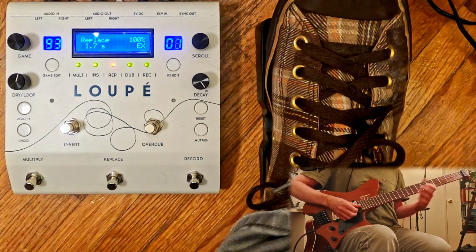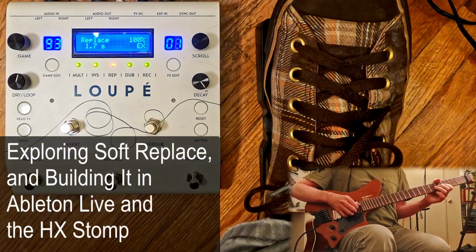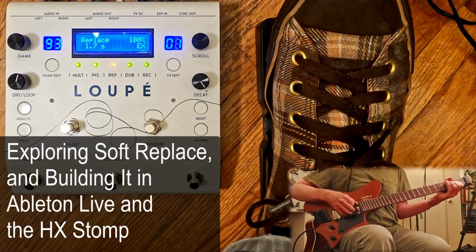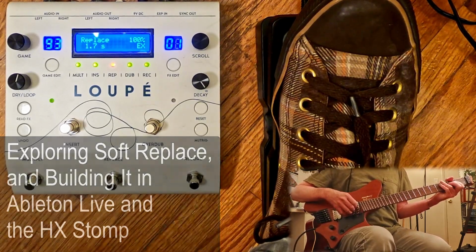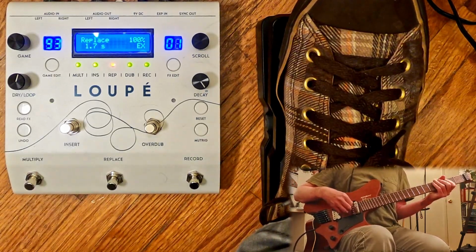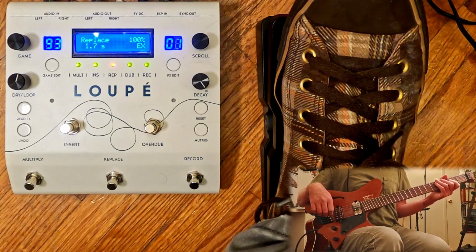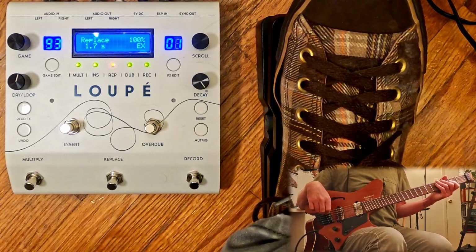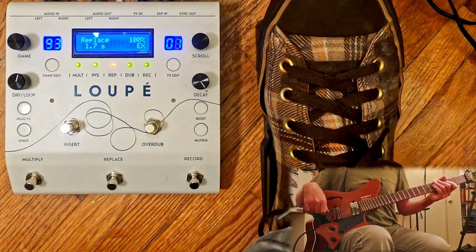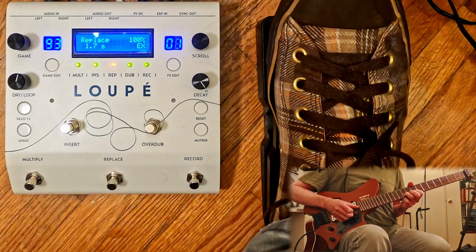This is soft replace. So the idea is that you're overriding the old audio in the loop with new audio from your live input, but you're cross-fading between them. So you're getting a swell as you start bringing the pedal forward,